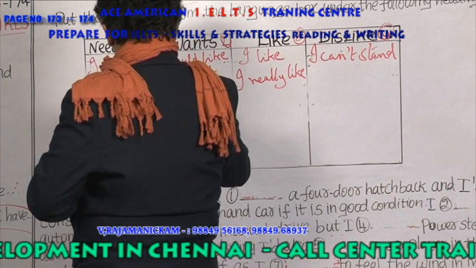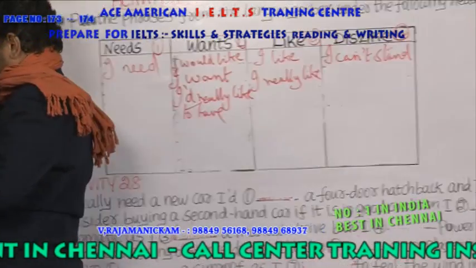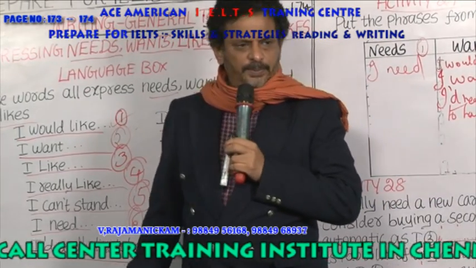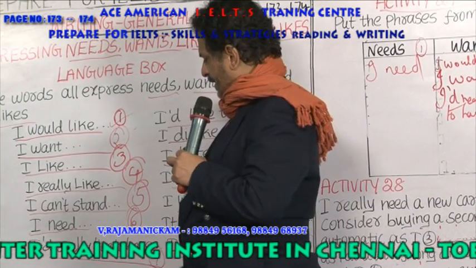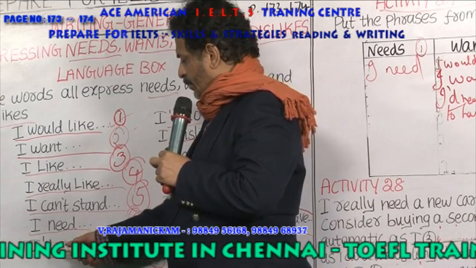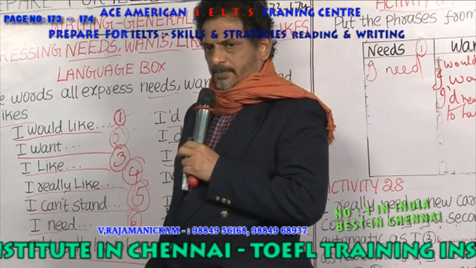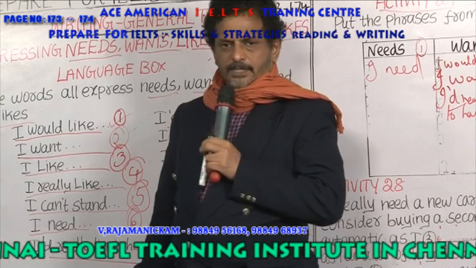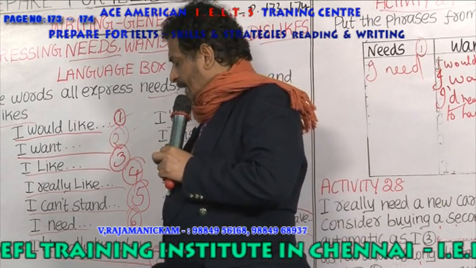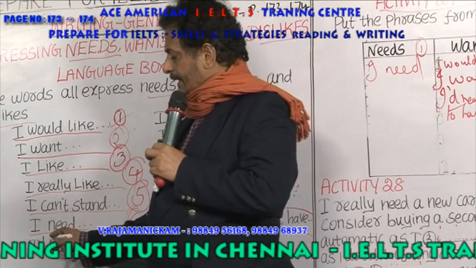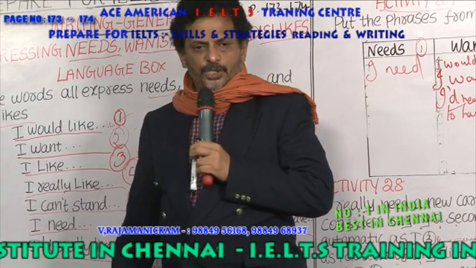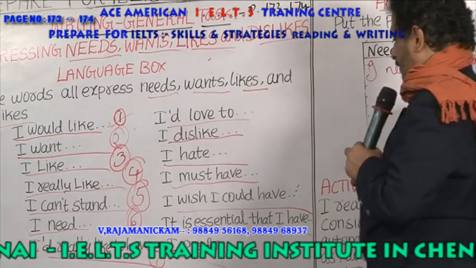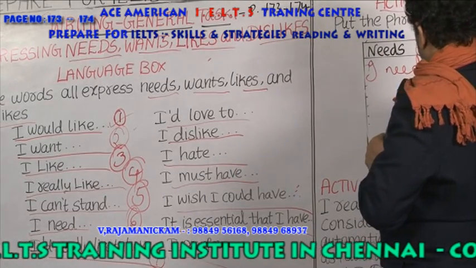Dear friends, this contraction, I apostrophe d, either it should be I would or I had, but here it is I would, because no past participle is there. If you are using had, the past participle should be here. So, I would really like to have. But in letter writing you are not supposed to use contractions. You have to write in full form, I would. Only if it is an informal letter can you use them.